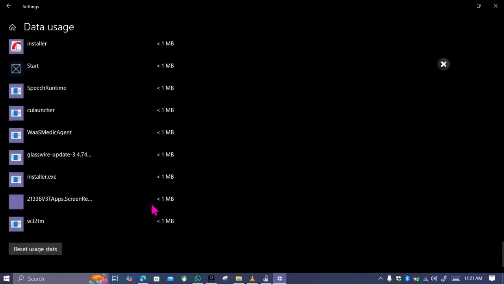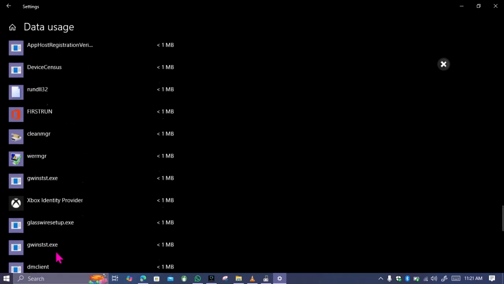And then I click on reset usage stats, and once I've done, click on this button. It will reset the data usage counter for all my apps back to 0. So once you click on that, you'll be asked to confirm, so click on reset again to confirm your action. That's it. Don't forget that this will reset the data usage counter for all networks for your Wi-Fi, because I